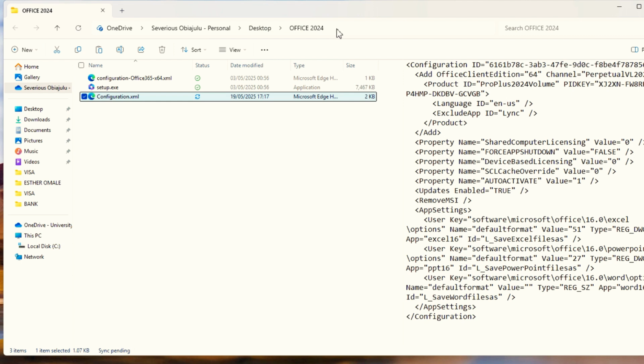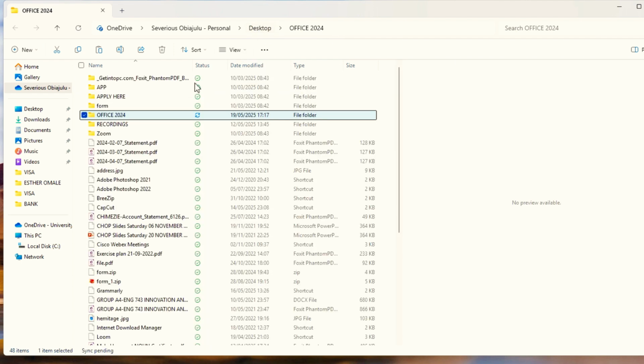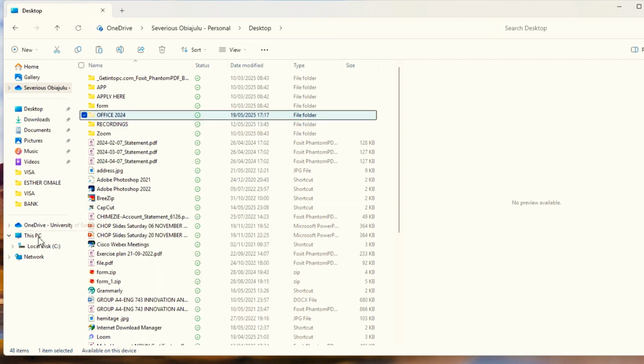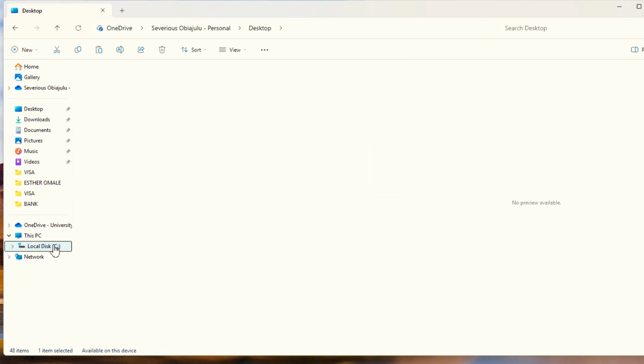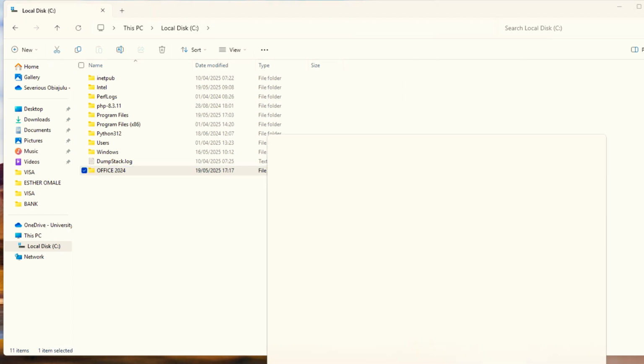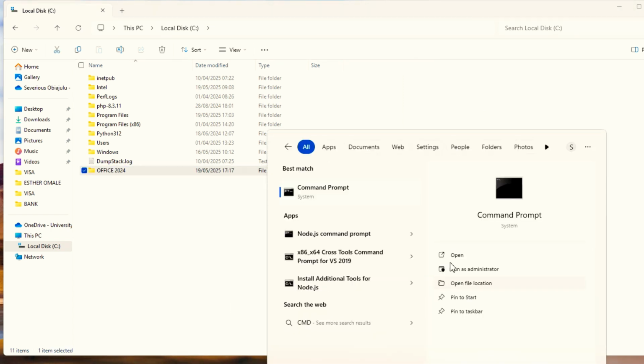So now that you've had all of this done, the next step is to copy this folder, or in fact you can cut it, so it's to move it to a different place. So you want to move it to your local disk, so click on your local disk in your PC and then just paste it inside. We'll be needing the file path of this folder inside the local disk, so we'll copy this file path, which we'll be going to